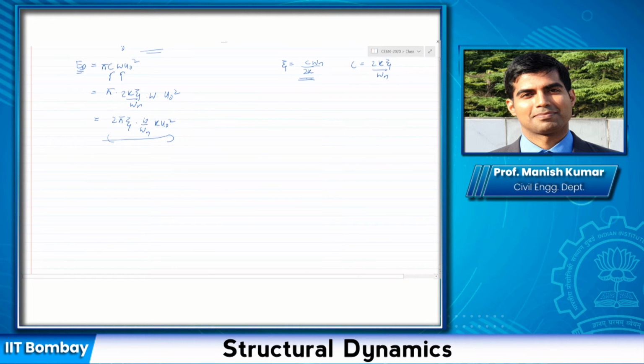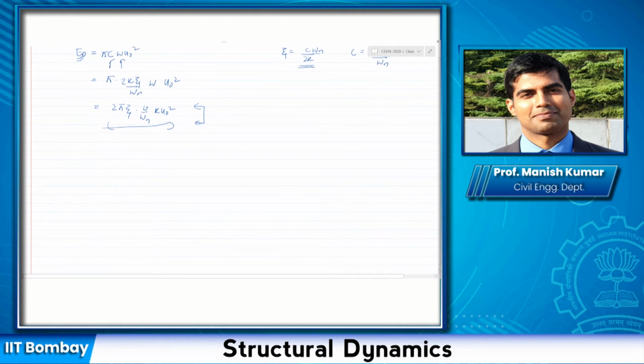Now when omega becomes equal to omega n, at steady state, first the damping would increase and the amplitude of the motion would increase, but after some time that energy dissipation would become constant. Let us go back to the previous equation: pi C omega u naught squared. Now you see that the energy dissipation in a single cycle is actually constant. It does not depend on time. It is not increasing, it only depends on the amplitude of that motion.